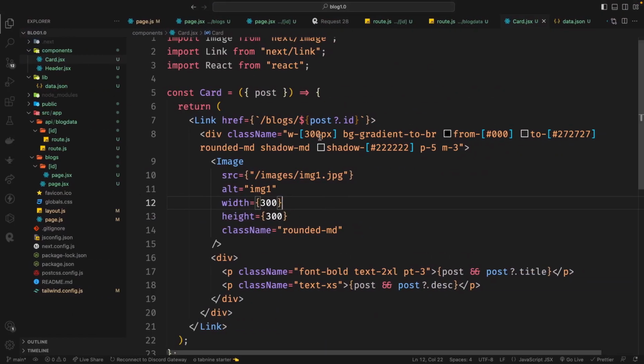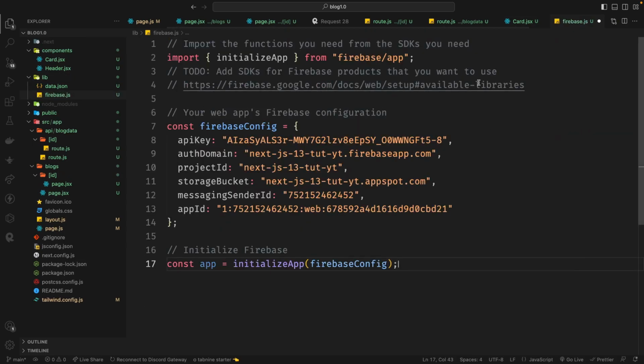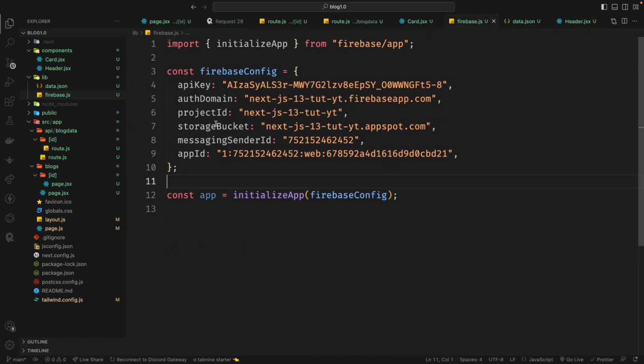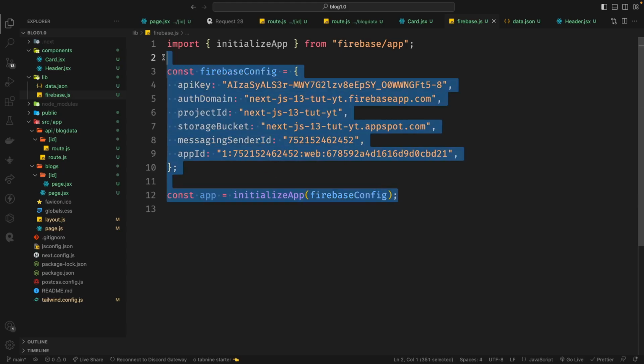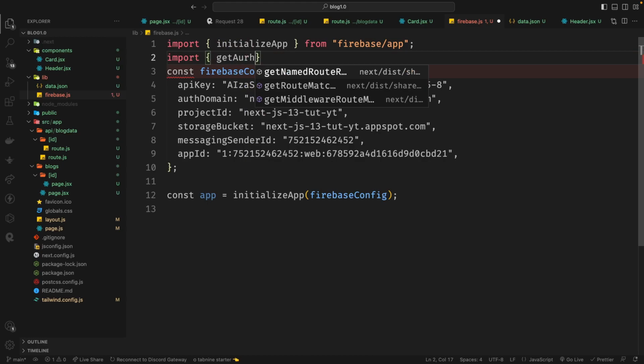Come to this point, and then in the lib folder, create a new file, that is firebase.js, and paste the configurations like that. Remove all the comments from here. Just like that, save it. Now we are getting our app. Now we need to add the Google Authentication Provider, so we have to import it first. Import getAuth, and then GoogleAuthProvider